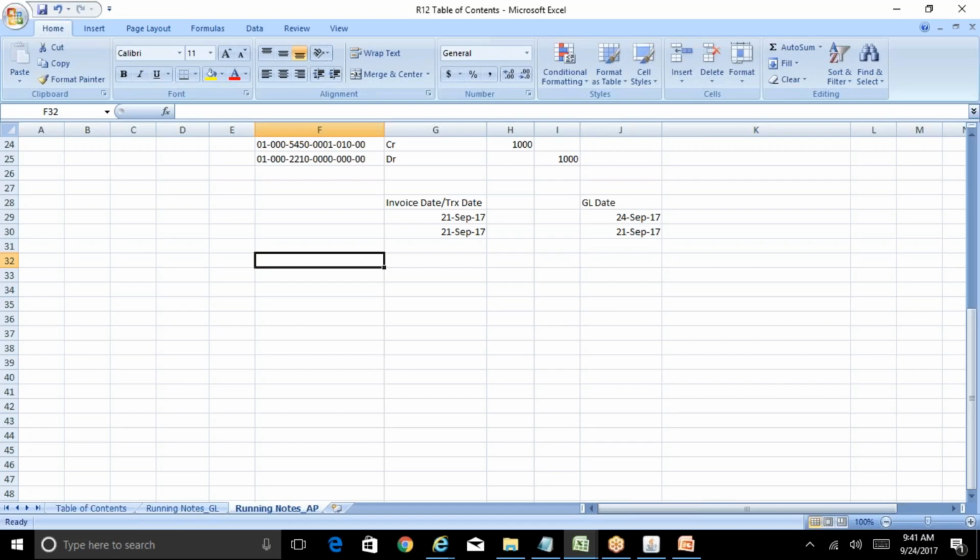So when an expense report is created as an invoice in AP, obviously your employee should be created as a supplier. There will be hundreds of employees in your organization who will be entering expense reports, so it is practically not possible to manually create each of those employees as a supplier. So once you check this checkbox of